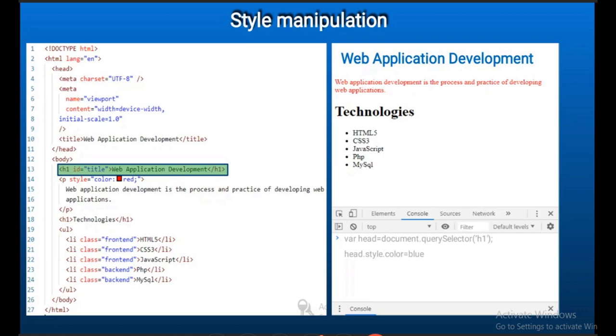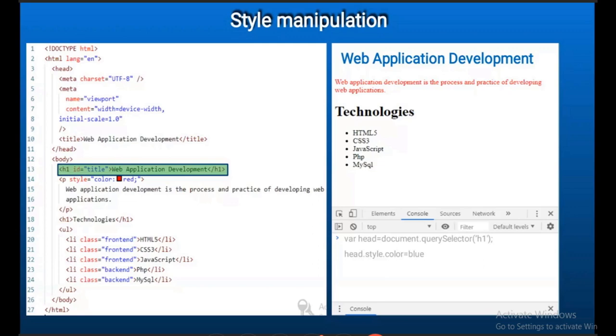That is the easiest way to manipulate style. So head.style.color: style is the object attribute, style.color, which is equal to blue, means that particular value got changed to blue. So we manipulate that style on the fly.